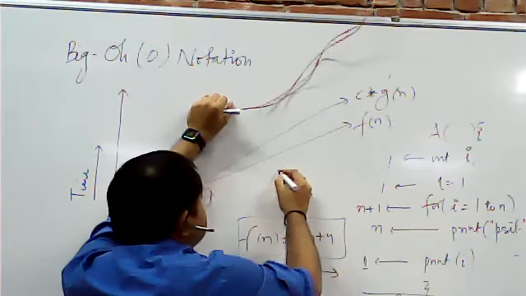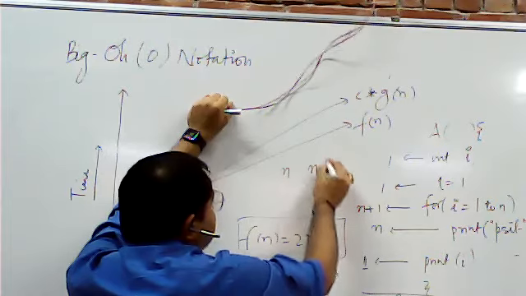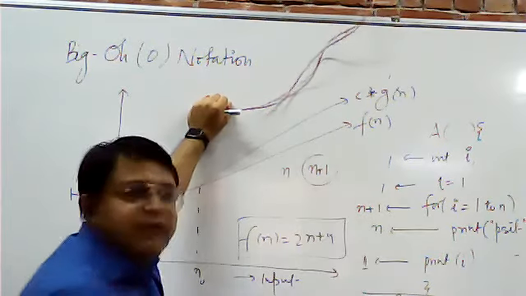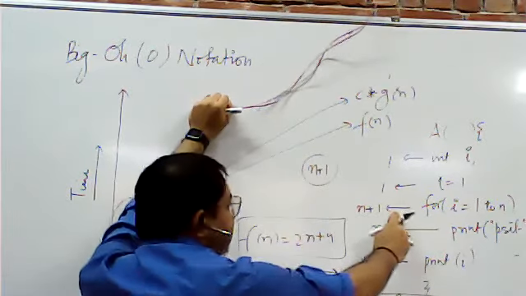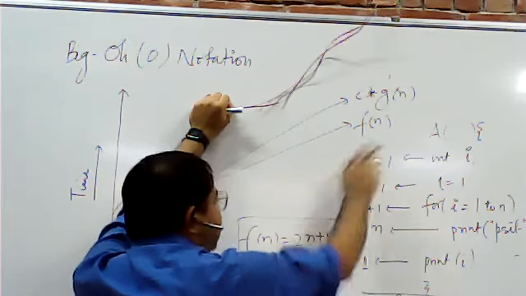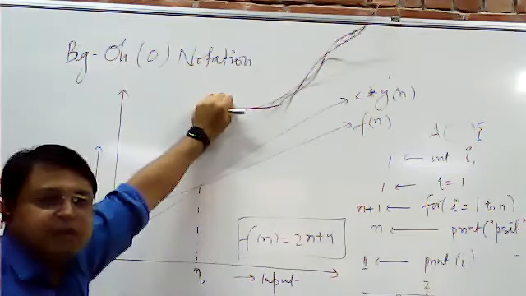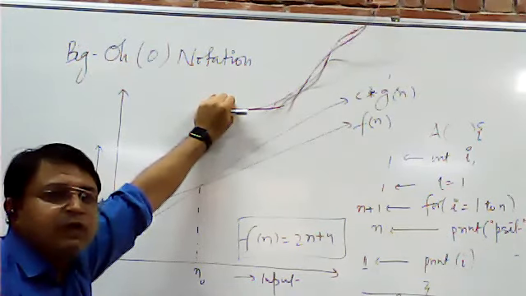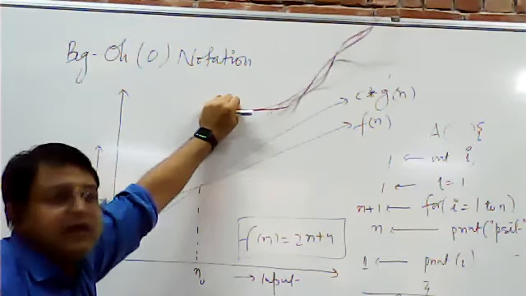Why n plus 1 times? First it will run for n times, and then one more time for termination. When the value becomes greater than n, it will terminate. So it runs n plus 1 times. Inside this loop, this will run n times, and this once. If we calculate all the steps, we get 2n plus 4. So F(n) is a function, in terms of input size, of the total number of steps that are executed.